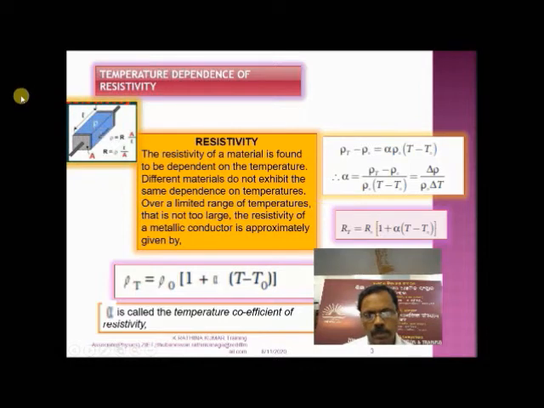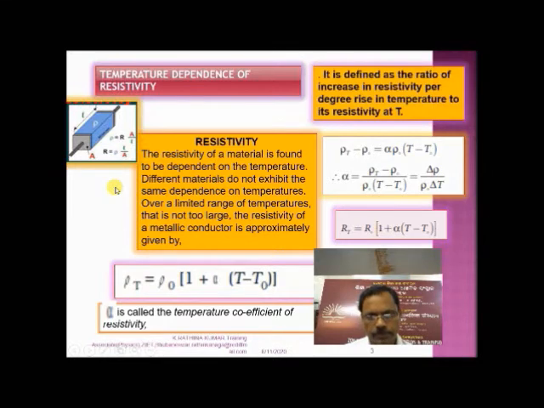So this is the diagrammatic representation for the resistivity. R is equal to Ra by L, rho is equal to Ra by L, the length of the conductor, symbol rho, and accordingly resistance is equal to rho into L by A. These you might have experienced in the previous classes.